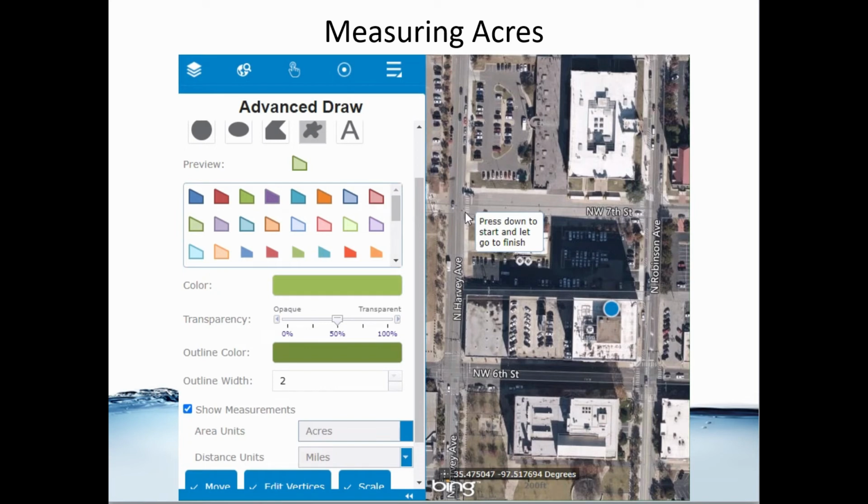At the perimeter of your project site, click the mouse. Trace the project site with your mouse while holding it down. When you have completed tracing your project perimeter, let go of the mouse. The acreage of the site will show up in the area that you have just traced. This project site is 3.3 acres. If you make a mistake during the